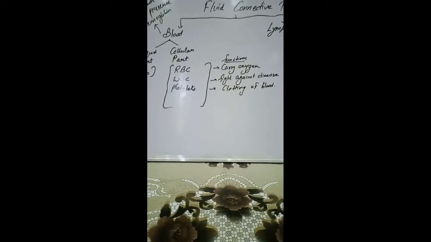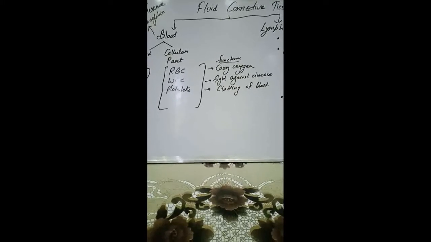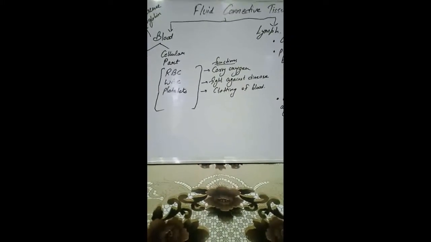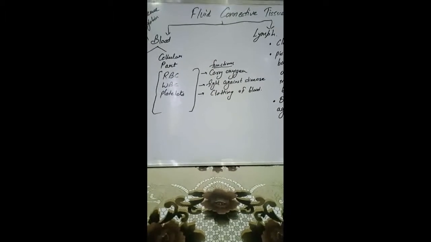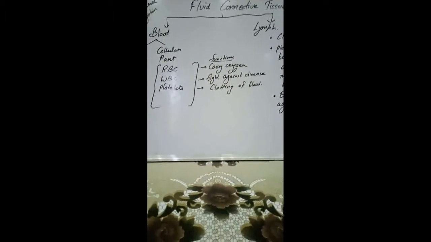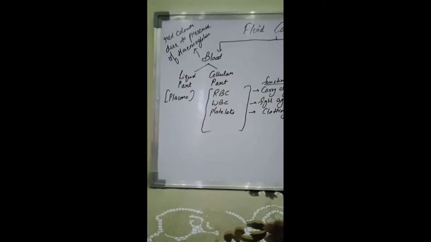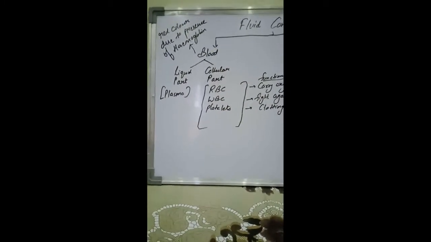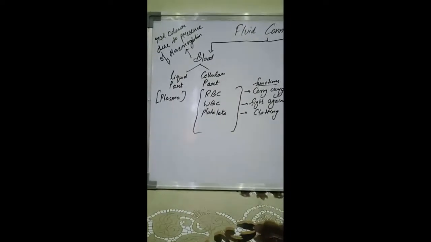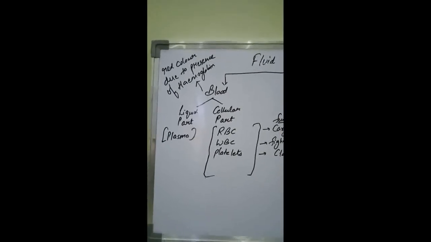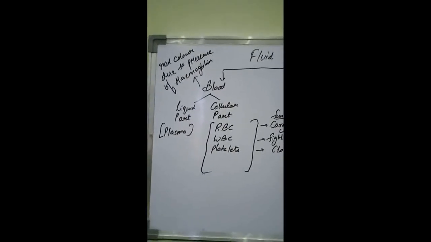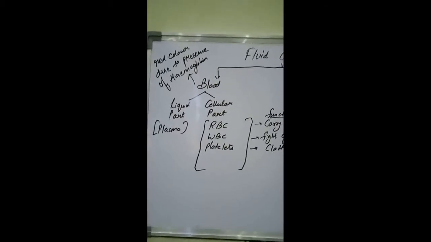You must have noticed when you get injured or wounded, after 2-3 days the wound or the injury gets covered up. So that is a clot. The blood is forming the clot, and that is because of the blood platelets. Now the very important point which you have to keep in mind, and from which a question can be asked: why is the blood red in color? The red color of the blood is due to the presence of a substance known as hemoglobin. You have to remember this term, hemoglobin, and it is very, very important.